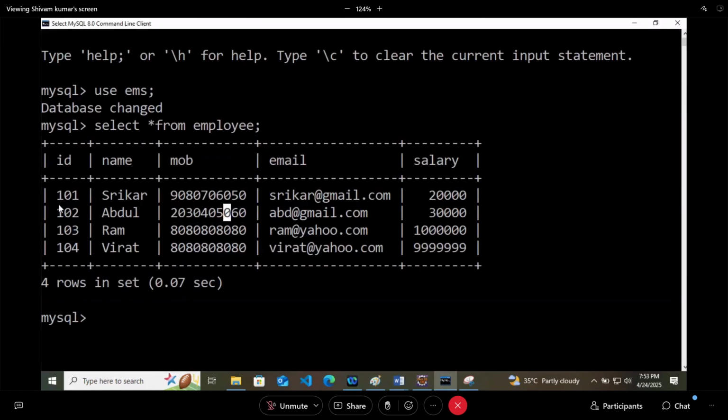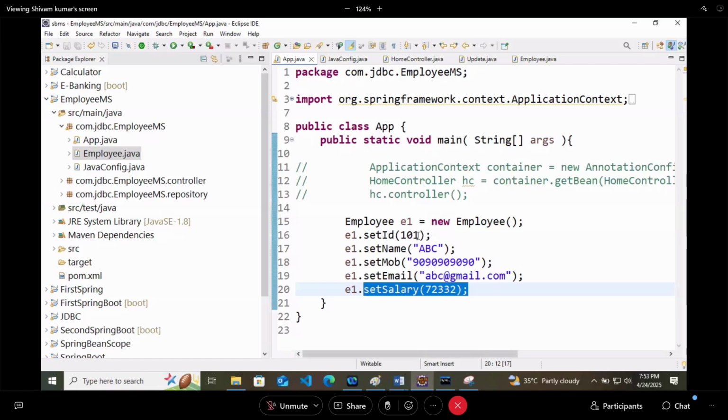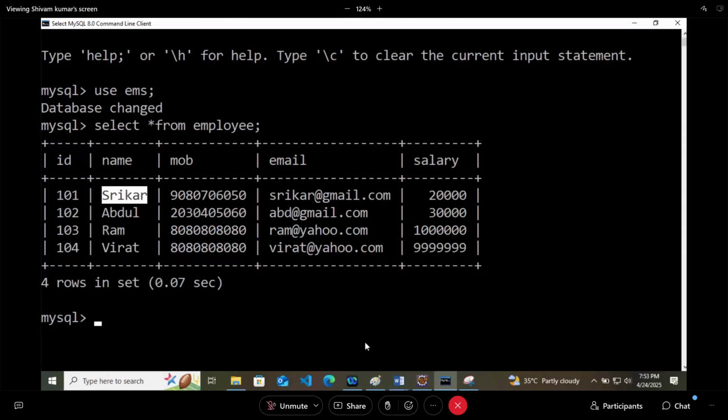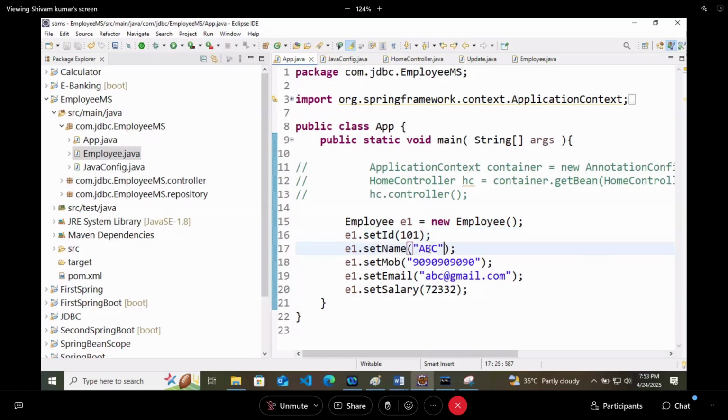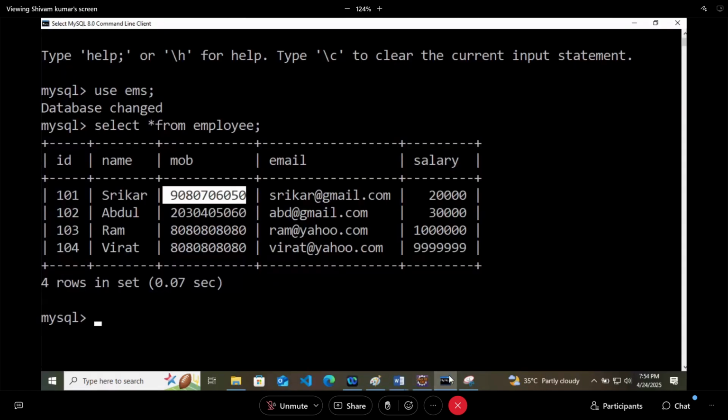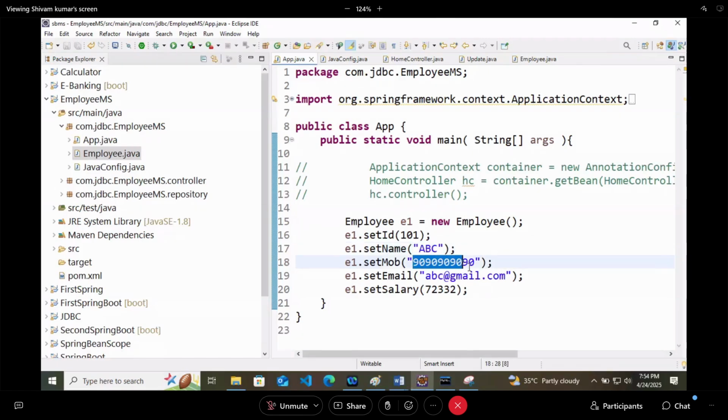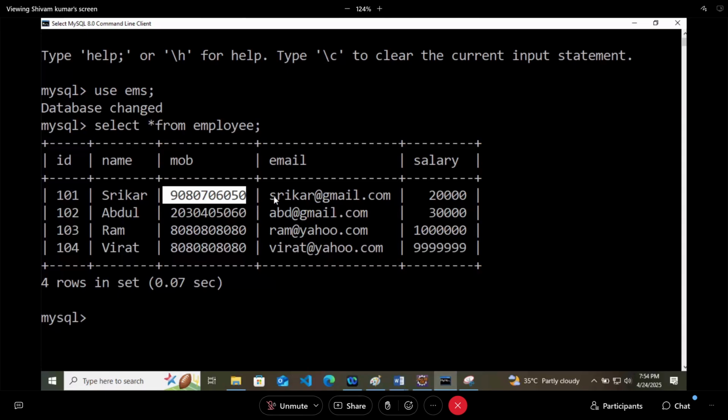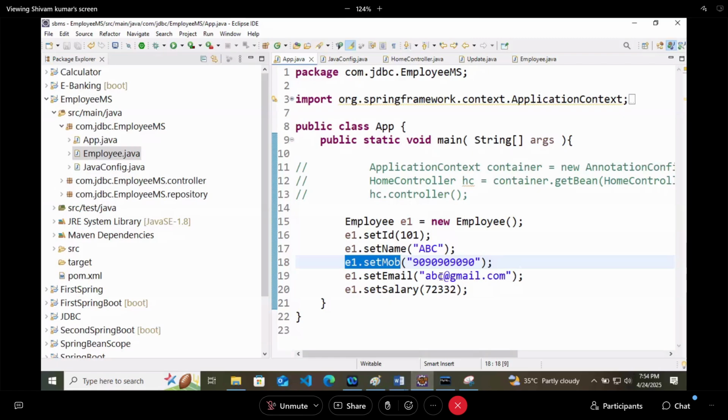So row mapper will take this ID 101 and fit it here. Row mapper will take this name Srikar, fit in the name field. Row mapper will take this mobile number and fit in the mobile number field. Mobile number field means setMOB. Again, it will take Srikar at gmail.com and fit it in the email section.